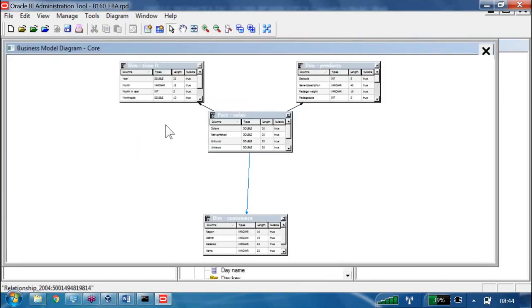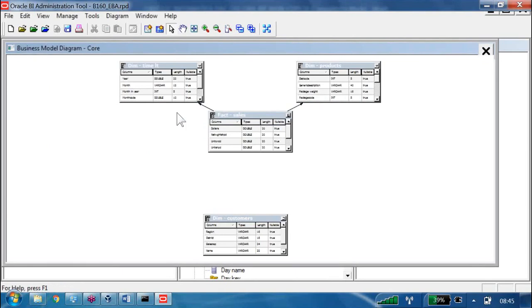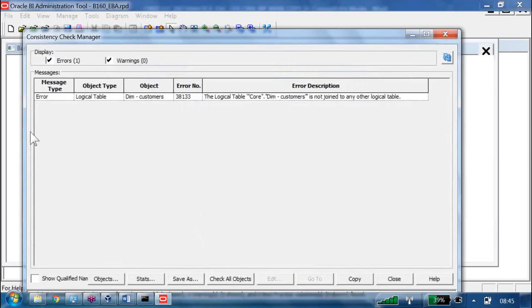One join that is available, I am deleting it. Now one independent table is available here, right? Now go to the file menu, check global consistency. What is it saying? The logical table dim customers is not joined to any other logical table. The table is independent, right? That's why it's throwing this problem. Okay, we understand the problem. Close it.